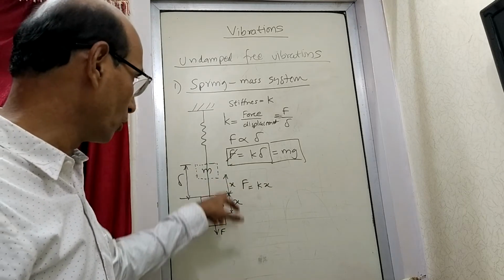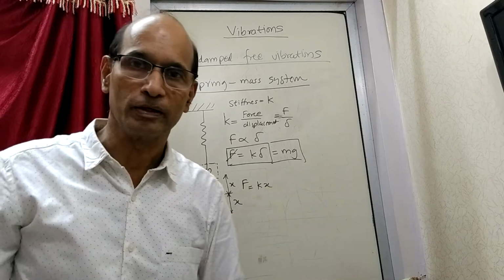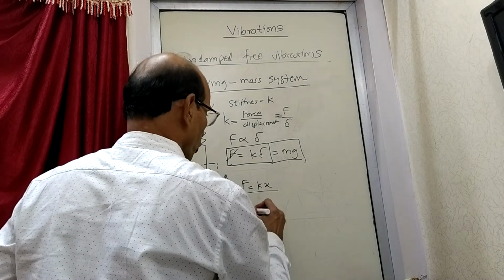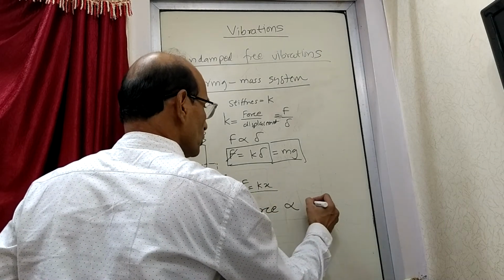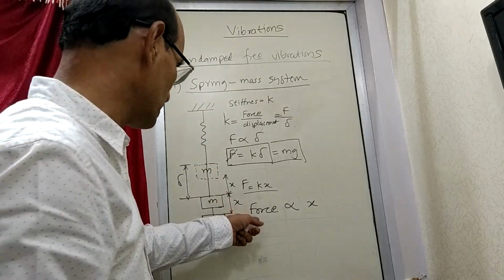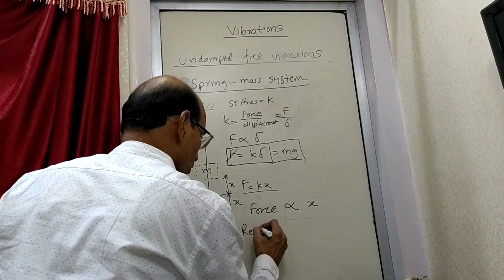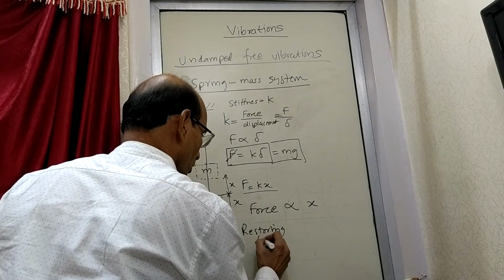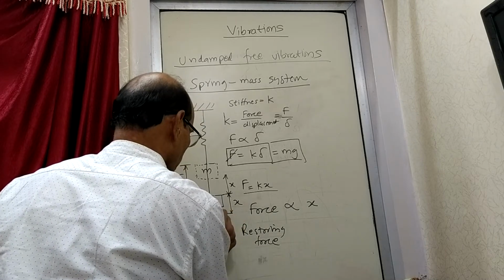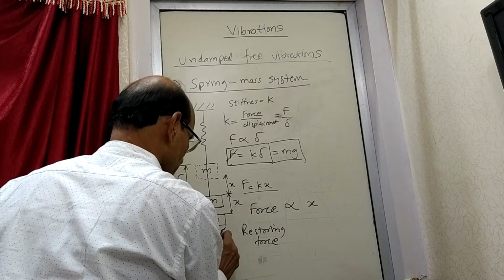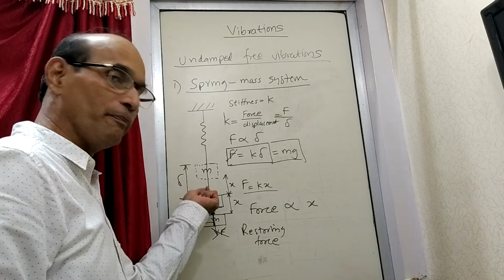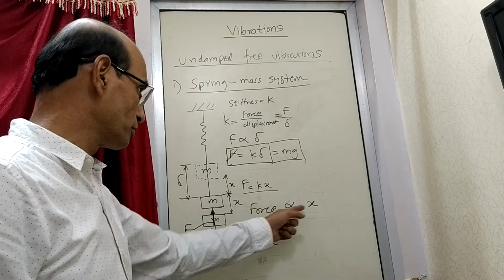So that will keep on happening all the time, and that is shown by such kind of equation. So what we now write here is, although we write like this, here we write that force is proportional to displacement. The force which is trying to bring it back, this is called a restoring force. Restoring force is the one which is in the opposite direction. We are interested in this force. Of course, they are same, but now we are talking about this force which is there in the spring, which is trying to bring it back, is restoring force, which is proportional to displacement.